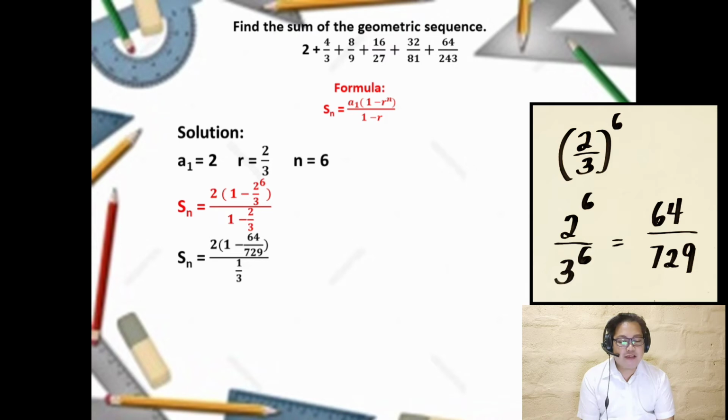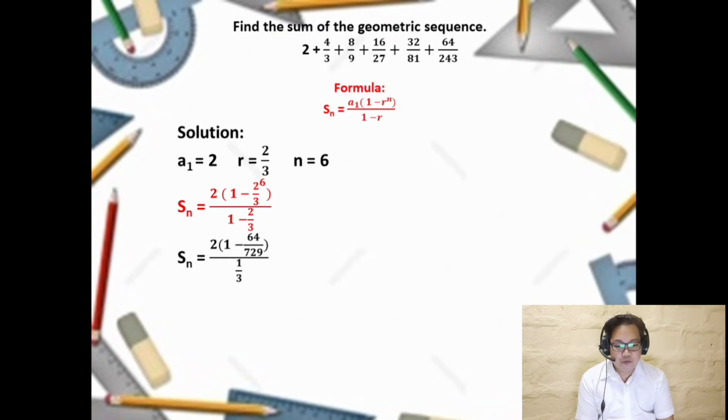Doon naman tayo sa 3 raised to 6. 3 times 3 is 9. 9 times 3 is 27. 27 times 3 equals 81. 81 times 3 equals 243. And 243 times 3 is 729. Kaya ang 3 raised to 6 ay 729 over